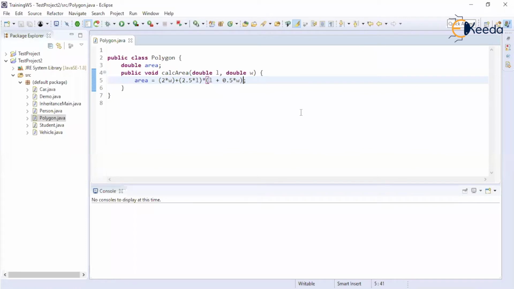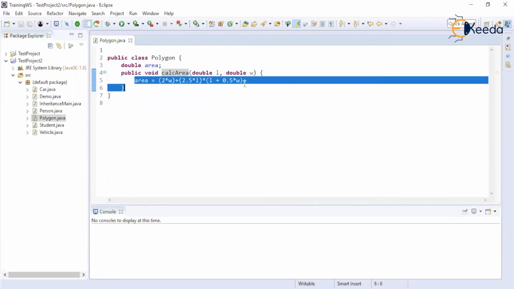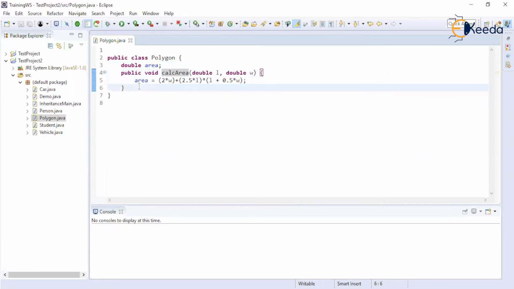So let's consider an example where I have a class named Polygon. It has a variable named area and a method calculate area, which accepts these two parameters. This is some logic for calculating area of this particular rectangle, polygon, sorry.